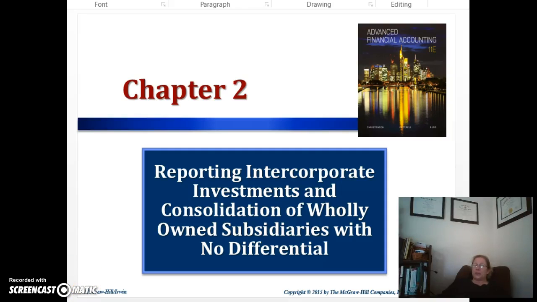This week we're going to cover chapters 2, 3, 4, and 5. It may sound like a lot, but I think they're pretty short chapters. There's not a lot of pages to each of the chapters, and they are rather related. So once you learn the information from chapter 2, you're going to carry that over into chapter 3 and chapter 4 and chapter 5. So chapter 2 is on reporting intercorporate investments and consolidation of wholly owned subsidiaries with no